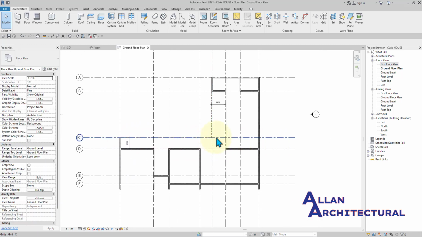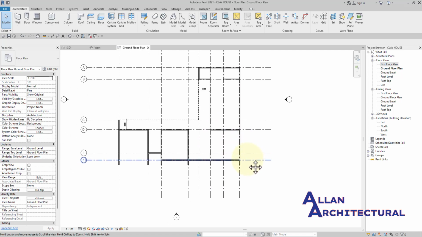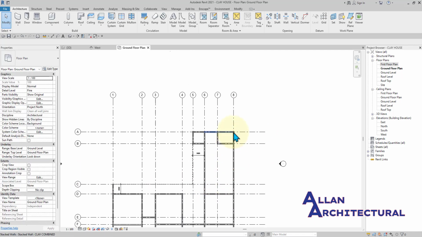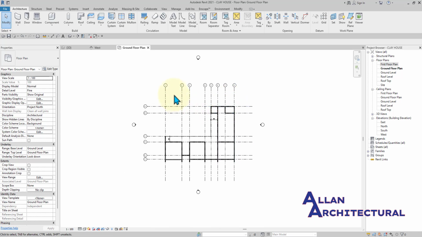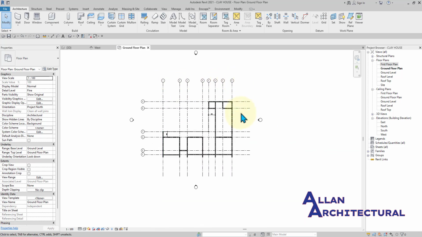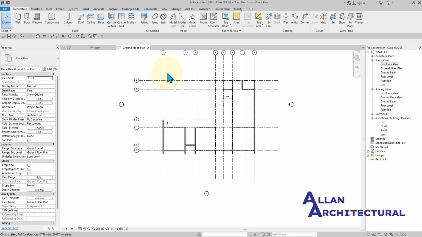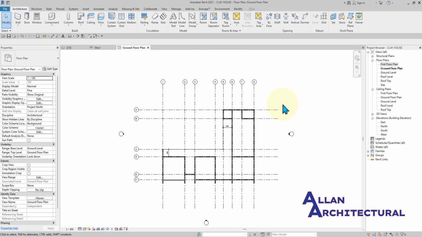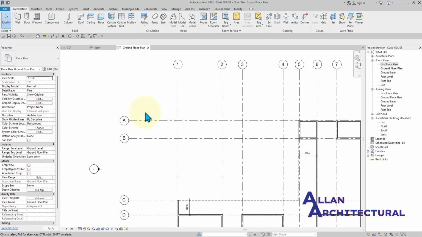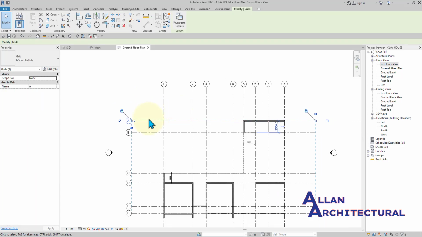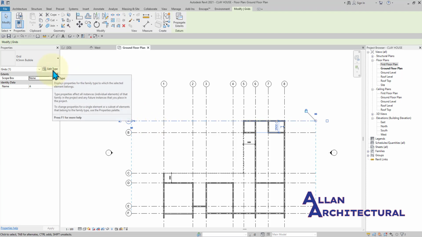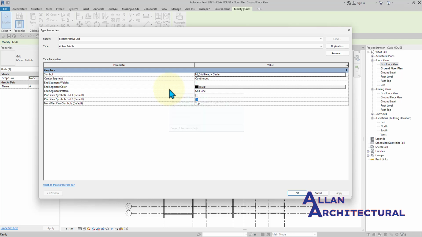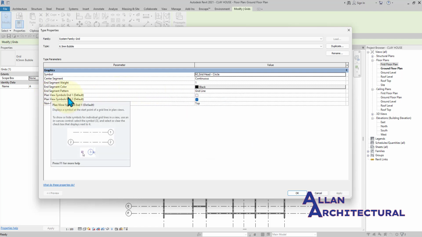This is fine by me, and we need to now, you notice in here with our grid lines, we might want the same grid heads also at the bottom here. Revit is just always going to automatically generate on the left side. So if you want to make sure you bring them to also the right side, what you can do is select any of the grid lines here, and you can just go straight into Edit Type in there. And when you head straight into Edit Type in there, you're going to notice with the plan view symbols